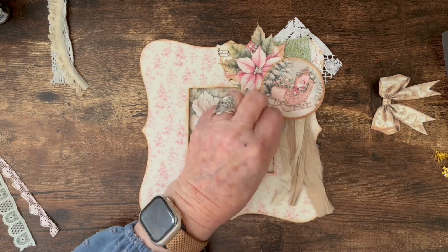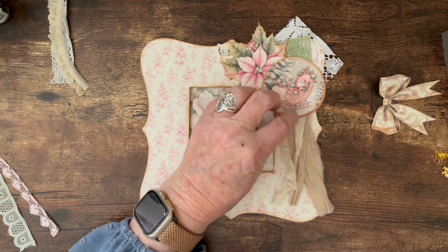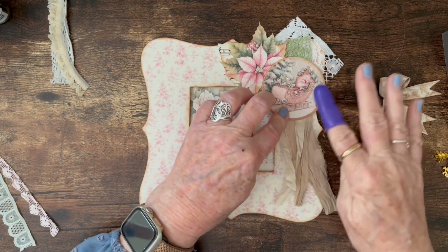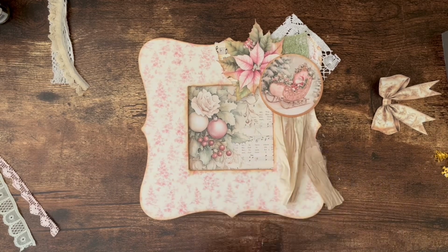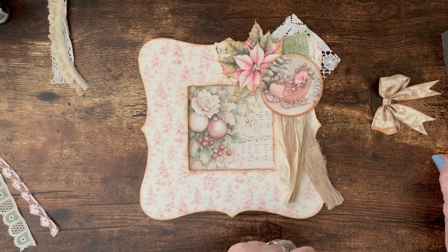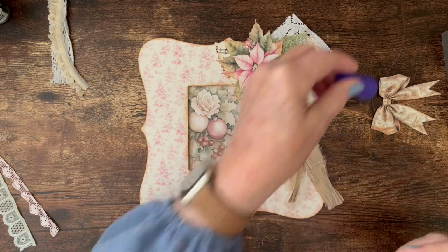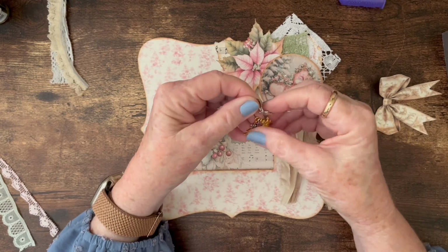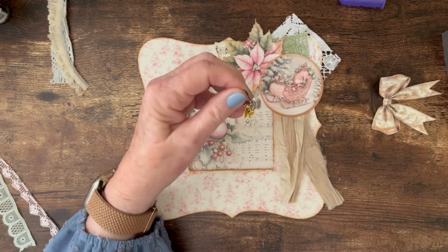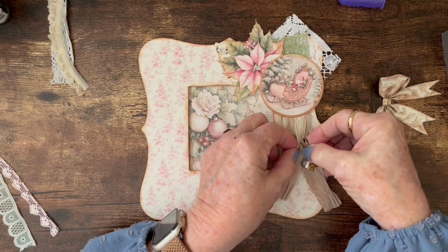And then I'm gonna put some more in on the Santa himself and hold that down. Okay, so that's kind of what I wanted. And I have put together, I gotta get this off my finger, I have put together some Christmas charms on a bulb pin, and I'm gonna pin that down on here,